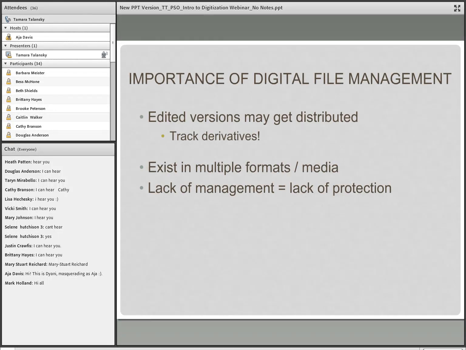Consider how important it is to keep, store, maintain, find, and retrieve all of these records when you need them. Information and records have always been a primary source of any institution. We cannot function without them. Businesses operate based on these records. Some files may need to be edited, thereby creating multiple versions, which may end up being distributed among different people or employees or even third parties such as customers or vendors. So all of these versions need to be tracked so that a specific version can be found when it's needed. So it's important to track the derivatives.